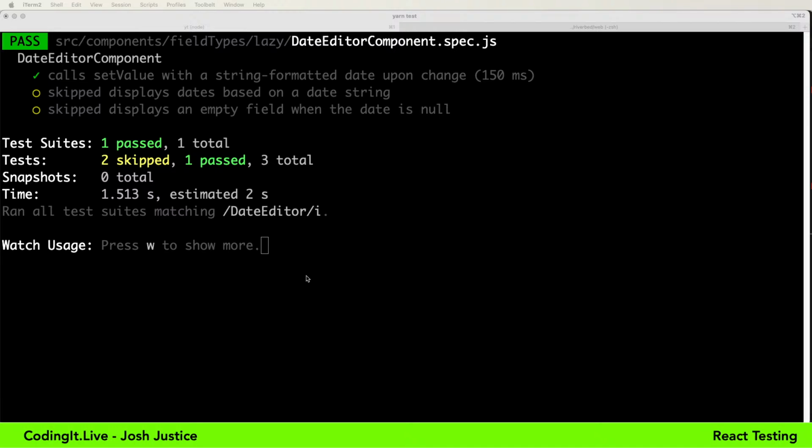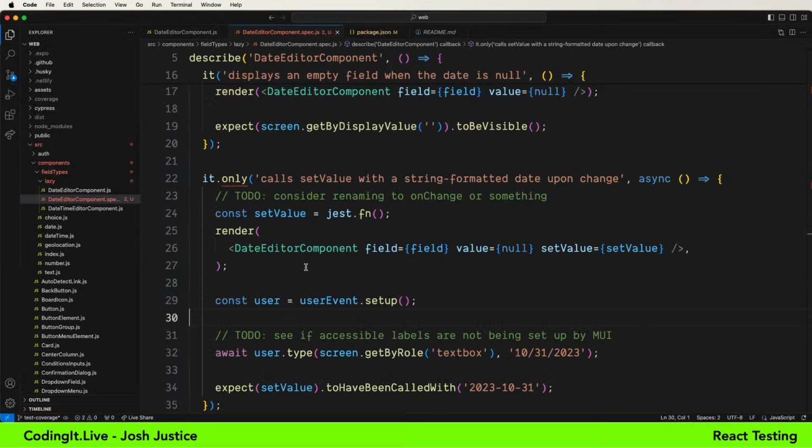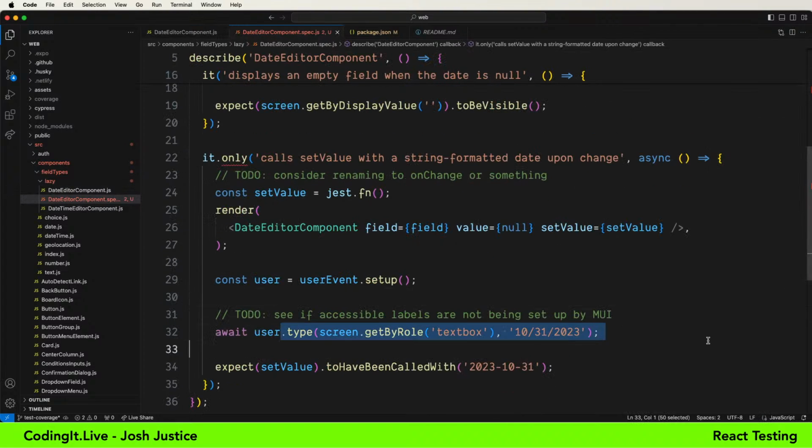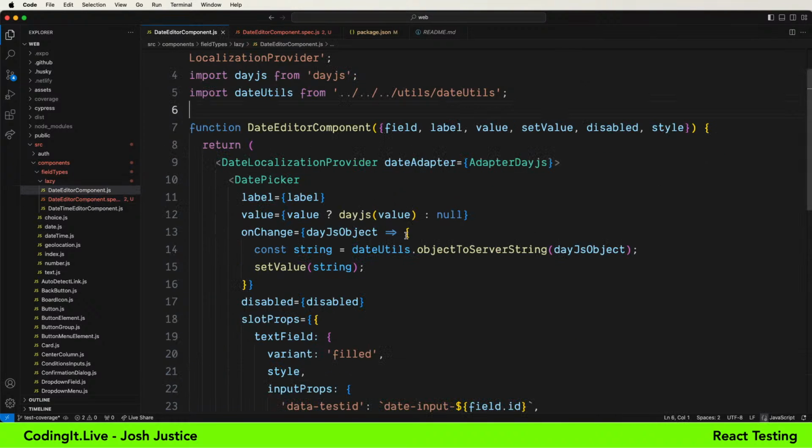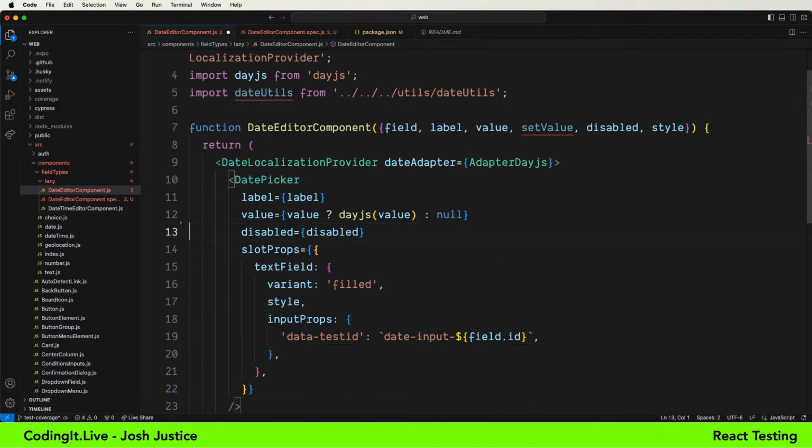And the test passes. So as always, don't trust it. Let's make sure it breaks if we break it. So what we're saying is when we change the text in here, set value should be called with the translated value. So let's make sure the test fails if we remove the onChange entirely. It's good when you make a change like this to think about what you expect to happen. This is something I learned from my former coworker, Jay Hayes, who's a really great tester. This helps so that if it fails for a reason other than you expect, you can think through why that is. So I expect this will say that set value was not called because it's not used at all.